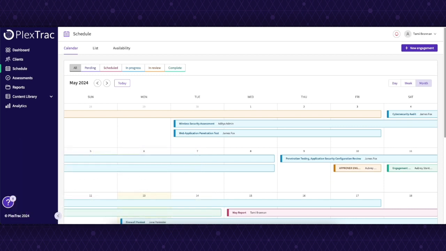When you log into PlexTrac, if you have the scheduler license enabled on your instance, you'll see schedule over here. You can see this as any level of user because we allow you to come in as an analyst user and request an engagement through this schedule